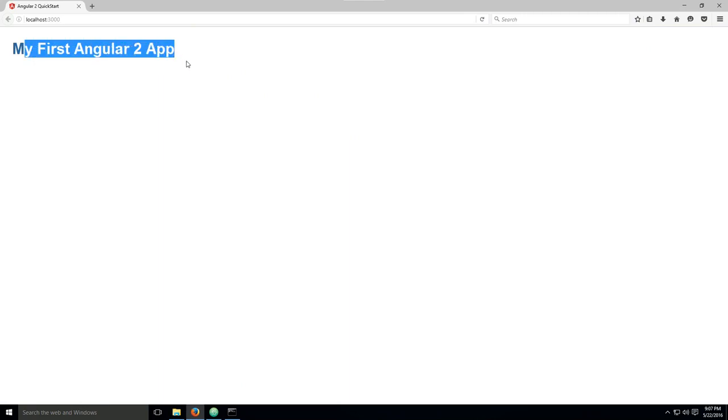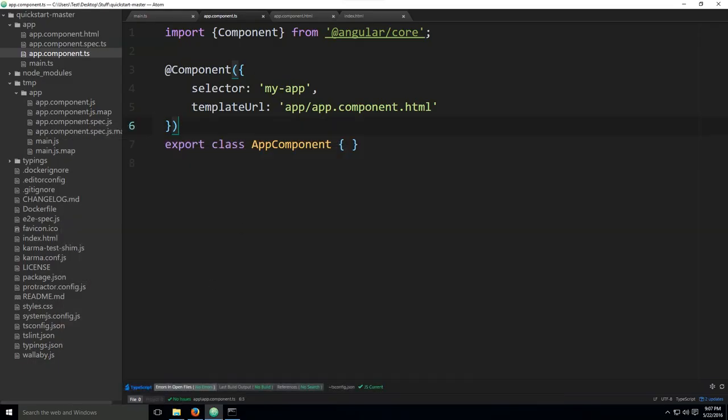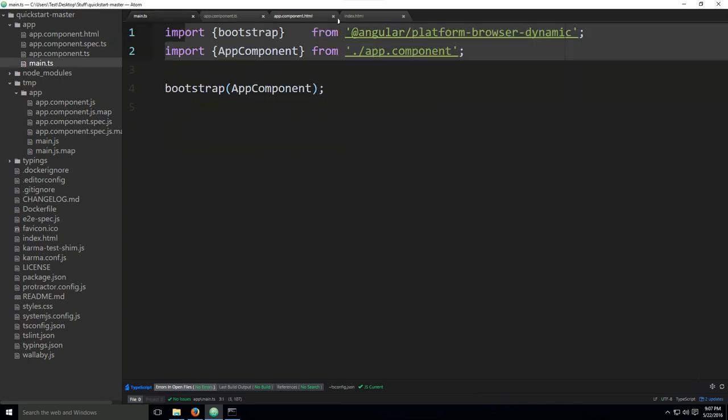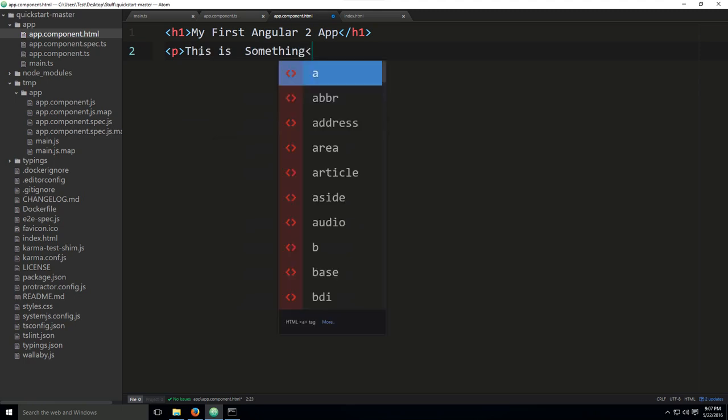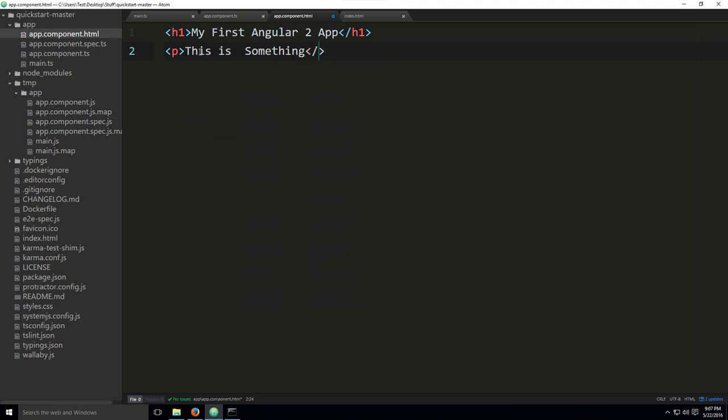And it says my first Angular app. Okay, so it still works. Let's go ahead and change this a little bit just so you know that it's changed. And I would like to know that it's changed as well. Let's give it a paragraph, and let's just say this is just, well, this is definitely something. Let's put it like that. So just a standard paragraph. This is what we would like to be printed out onto the screen, and Control S again to save. And there we go. So this is something. It does indeed